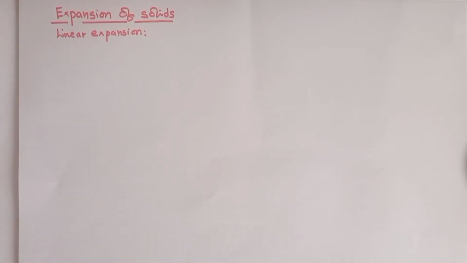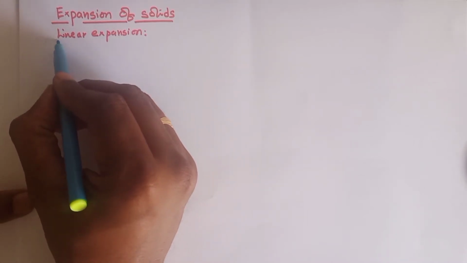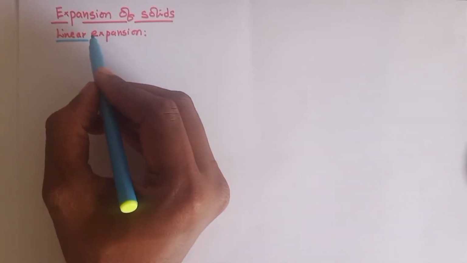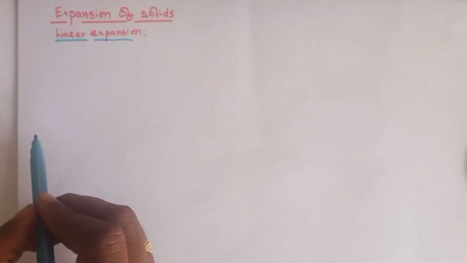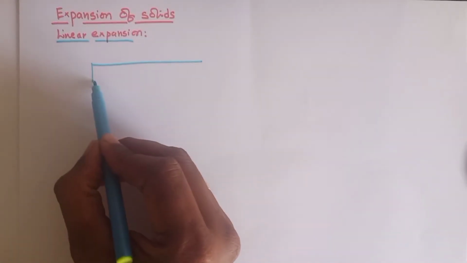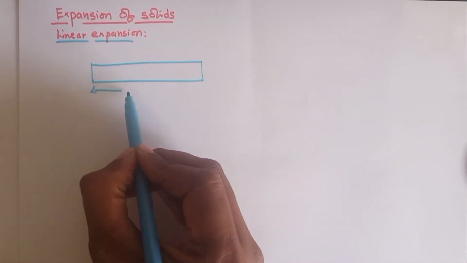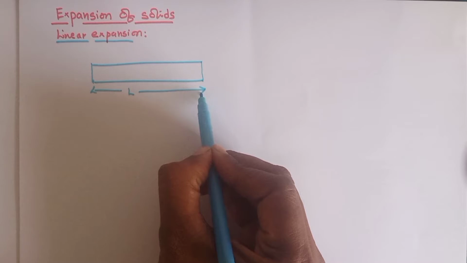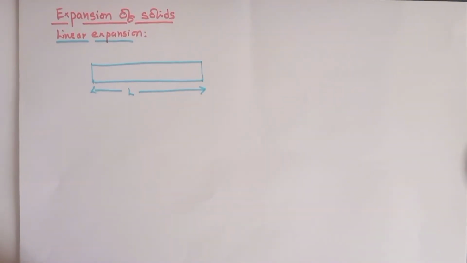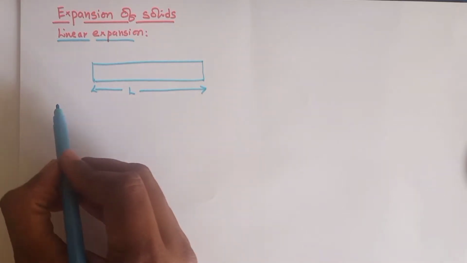Expansion of solids: linear and areal. Let us see first linear expansion. Consider a solid of length L. Let us say the original length is L. On heating,